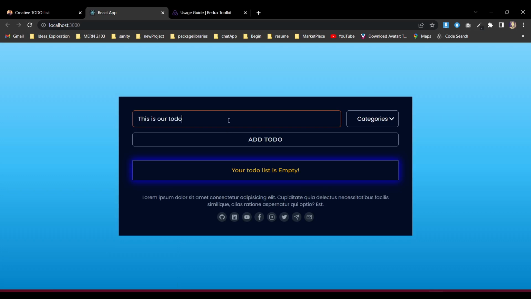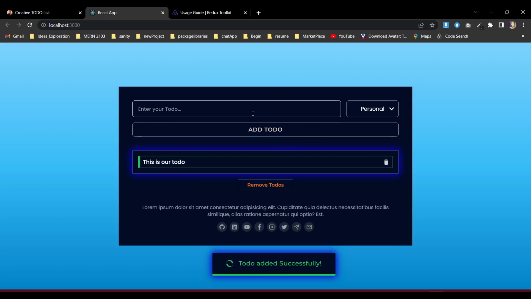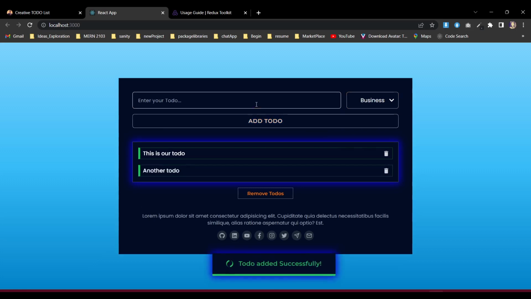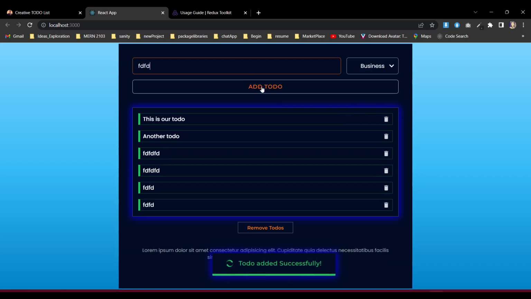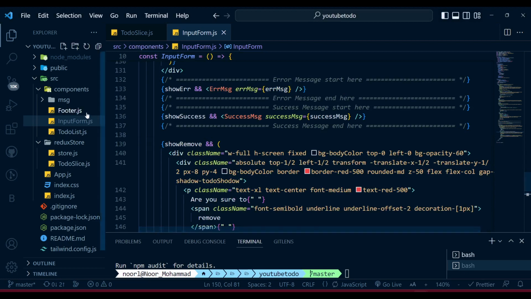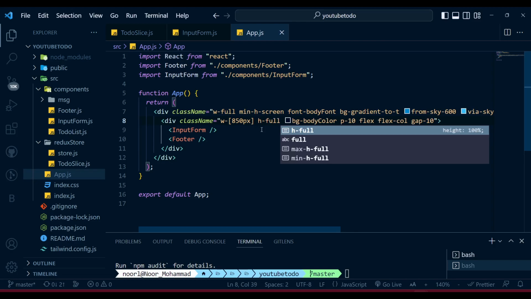So first of all, this is our to-do. Add, need the category, give personal, add. To-do added. Now another to-do, personal, to-do added. Just type a bunch of to-dos, more to-do, another to-do, another to-do, another to-do. Now see, it's getting higher, because remember why it's happening that? If we go to our app here, I think we give a min height of screen, and if we give a height of full,